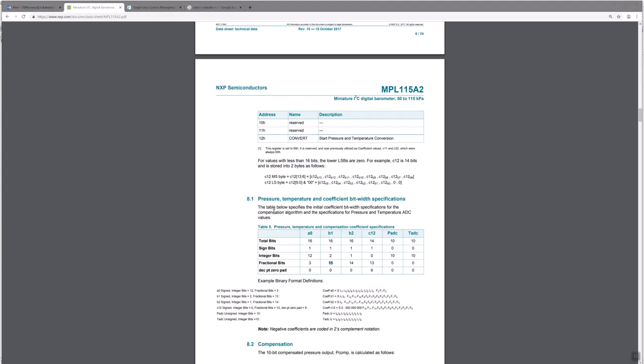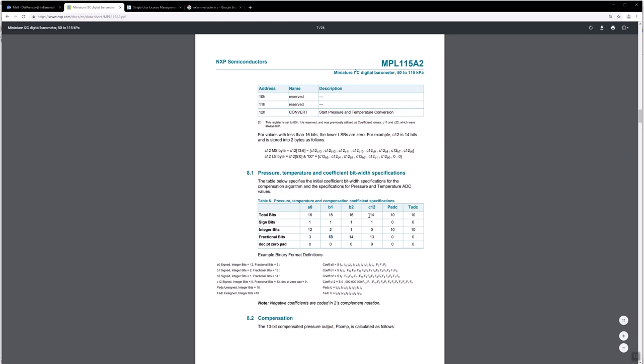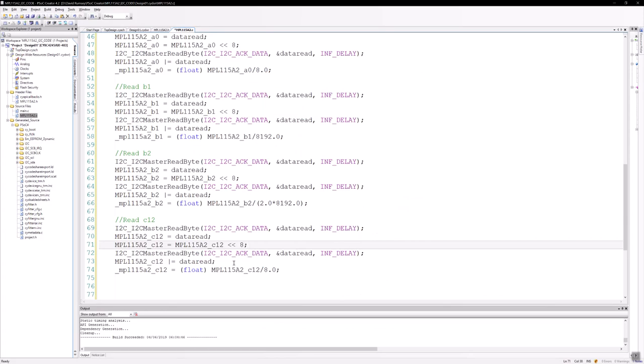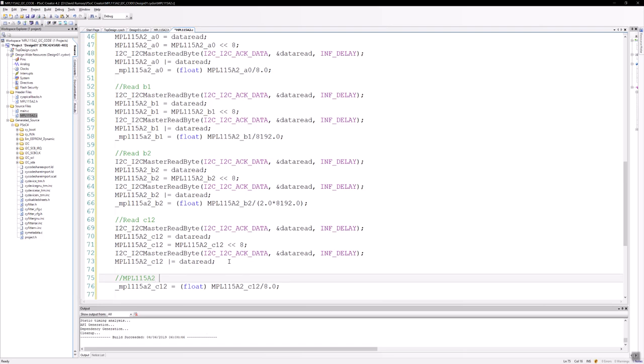What I mean by C12 being a little bit different here, first off, total number of bits is 14. And notice how it has it read in here. So I'm going to put a comment here just so that we know. MPL115A2 currently has